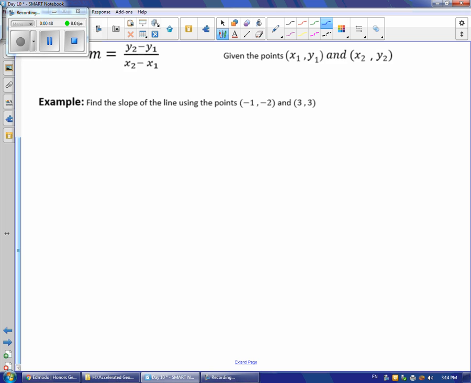Find the slope of the line using the points (-1, -2) and (3, 3). It's very important that you label your points x1, y1, and x2, y2. It doesn't matter which one is which, but you need to make sure you label it to keep your formula correct. So if I use the formula for slope,